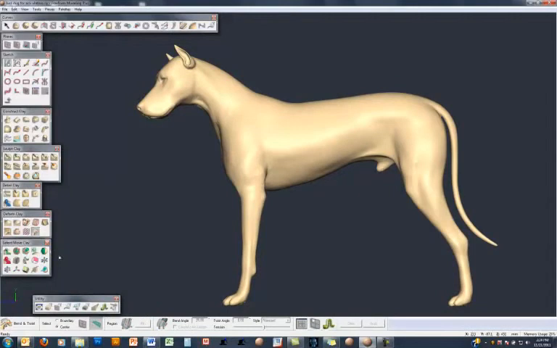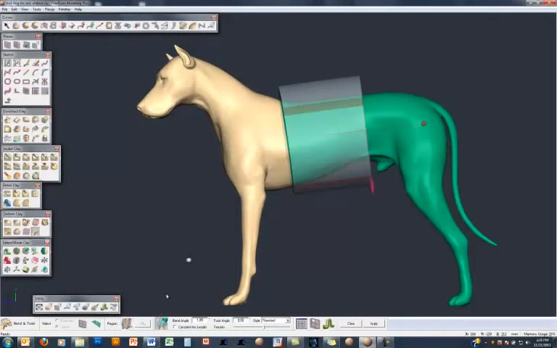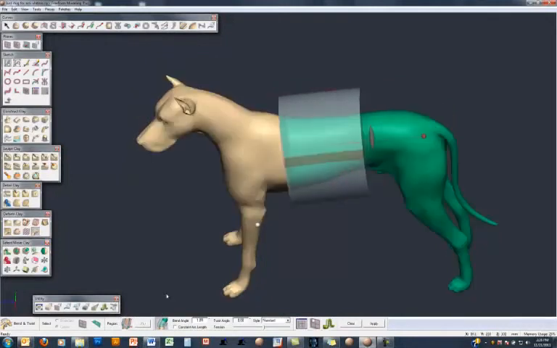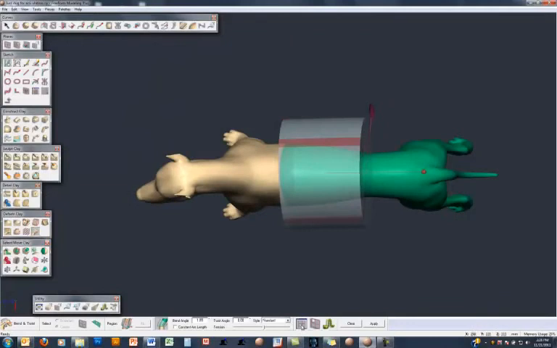If we come in again, and this time I'm going to put the slice down the body of the dog, and we want to come back and move the back end of the dog, and just make the zone slightly larger. This time when I go to the bend and twist, we're going to look from the top, switch on view lock, and you can see how I can bend